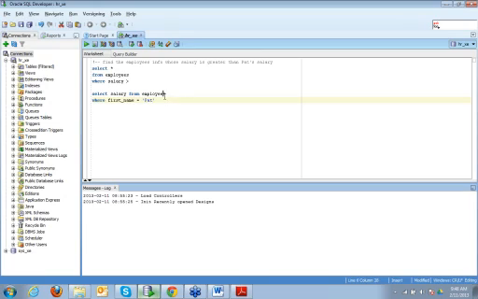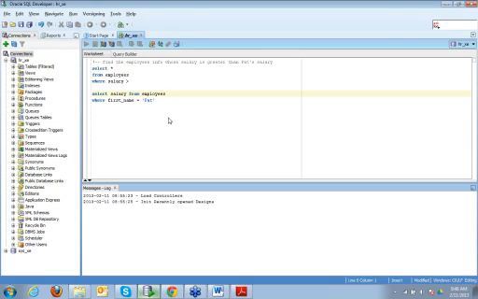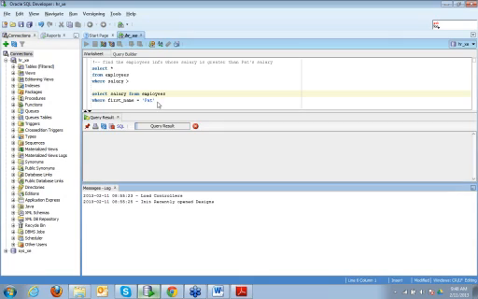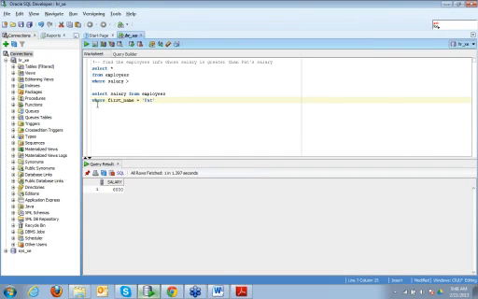If I run this particular query, it is giving me a single row answer, right? It is producing a single row, and it's giving me a value 6000.